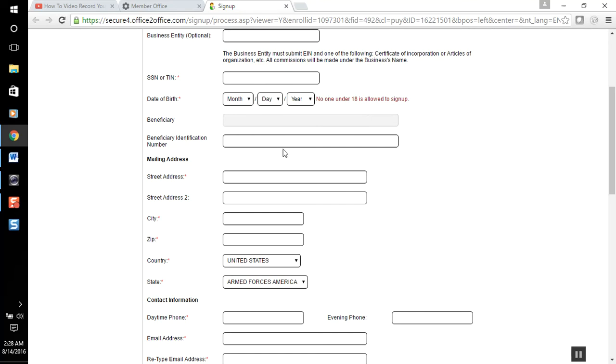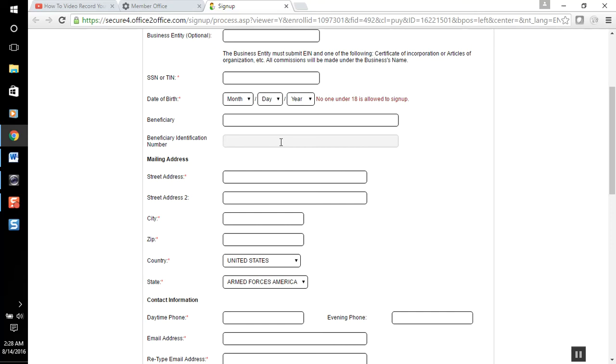You put their name, and then for identification purposes at this point, you will enter their social security number, or you enter their driver's license number, and you make sure you include the initial of the state. For instance, if I was entering someone who was in New York with a driver's license number, I would put NY and then their driver's license number. You also can put the person's passport number here. So once again, for beneficiary identification, you do their social security number, their driver's license number, including the state initial,